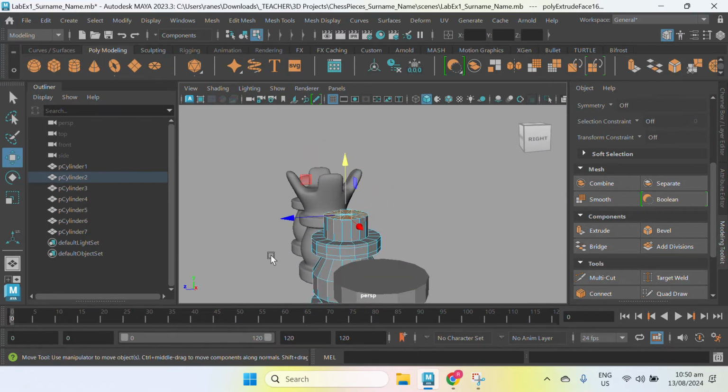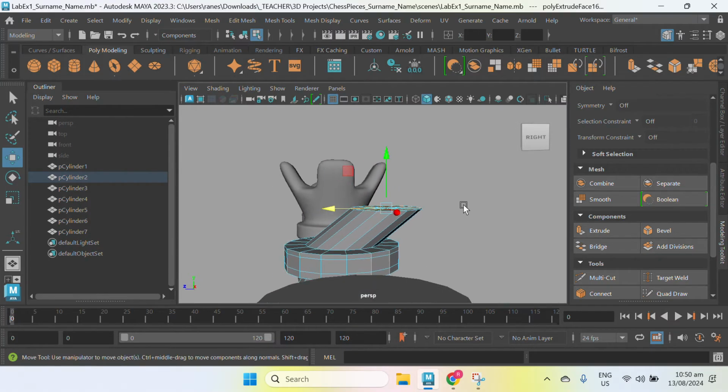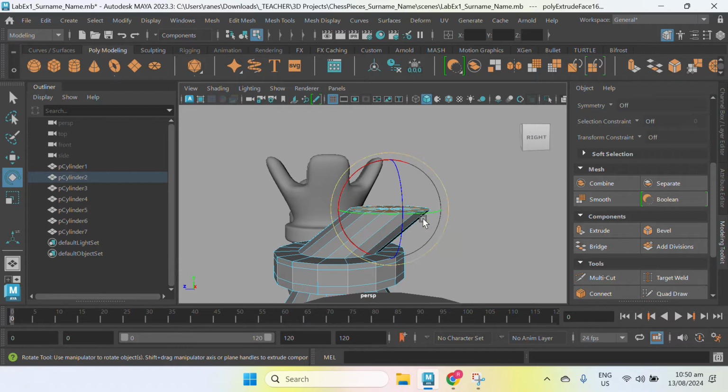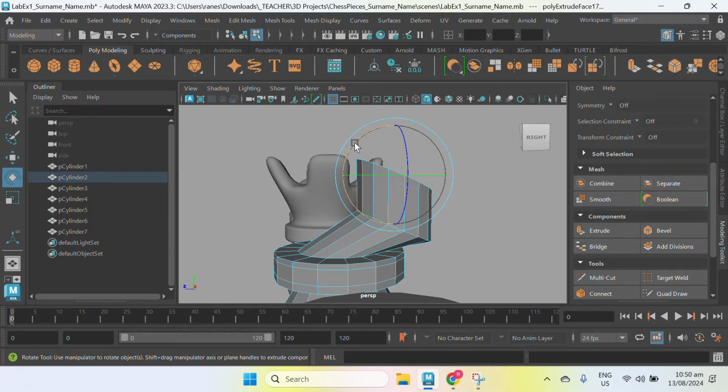So here, I'm going to move backwards. So W, arrowhead, move backwards. Next, I'm going to use rotate, E, and then W, arrowhead downward. Next, extrude, W, arrowhead upward, rotate, E, and then I'm going to use this ring, W for the move tool.